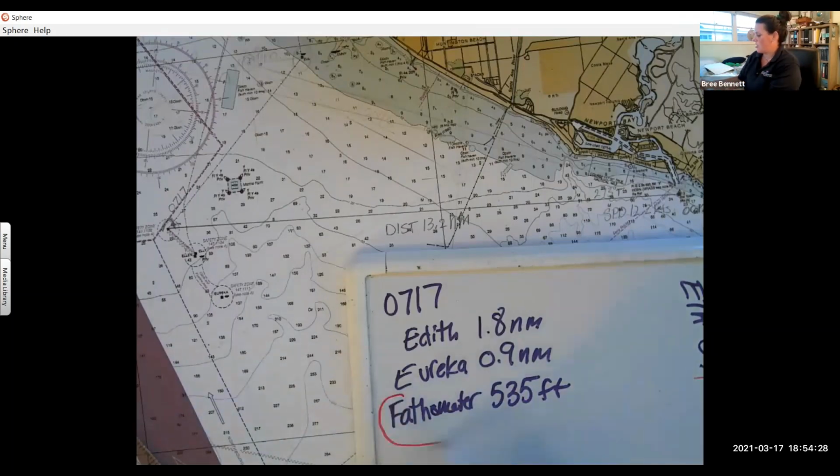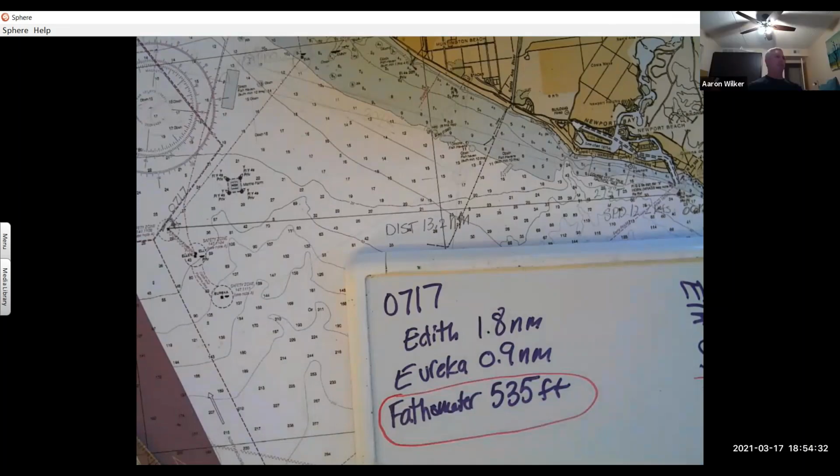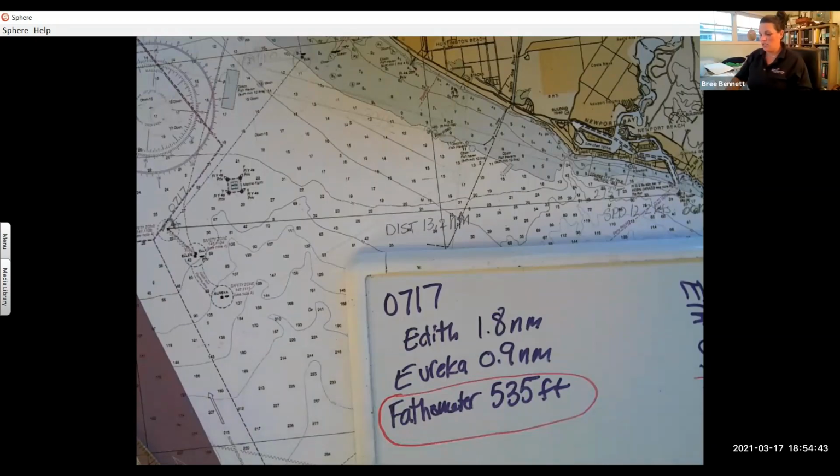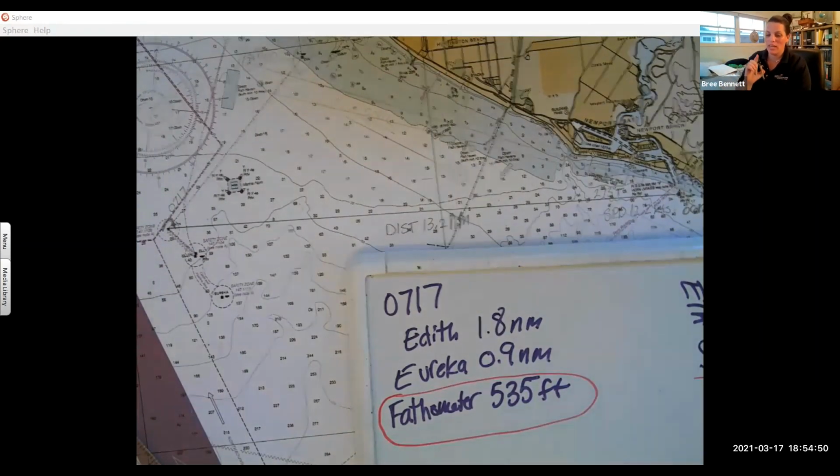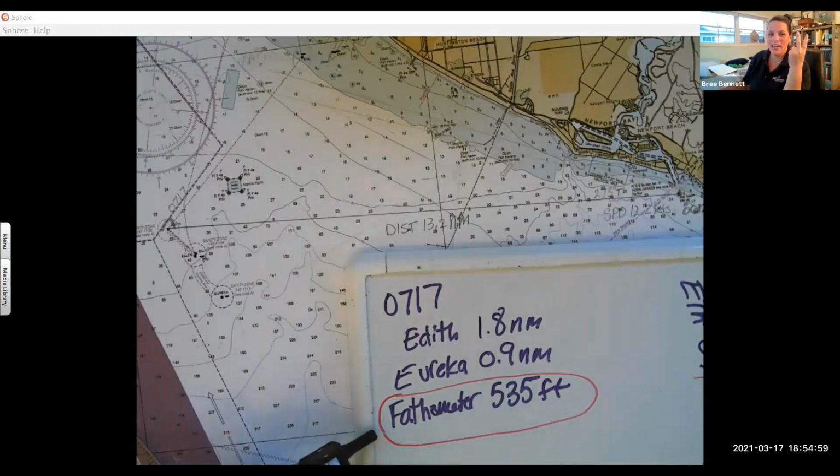I'm adding this to the question. So Bree, is Eureka to our beam? Is it to the bow? 0.9 what? So this is where we get to our 0.9 nautical miles, but we don't know where. And because it's a range, we're going to have two possible fixes, right? And that fathometer helps us decide